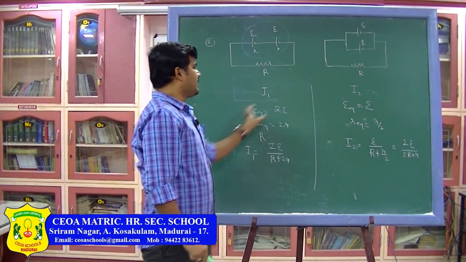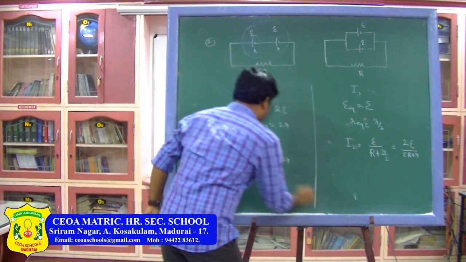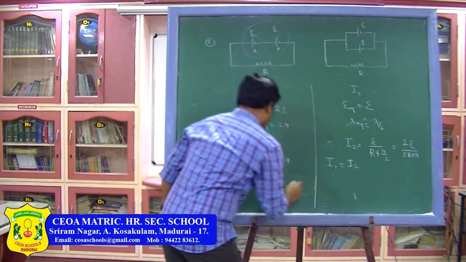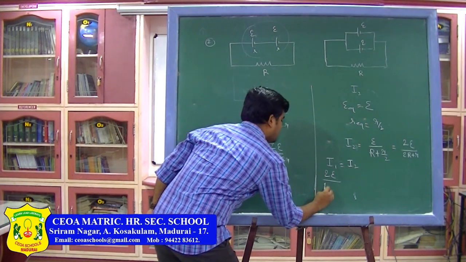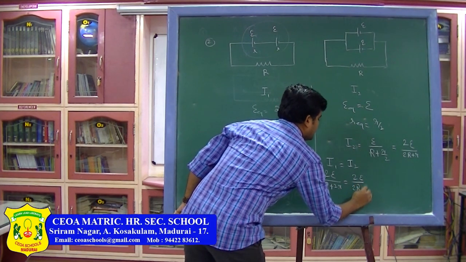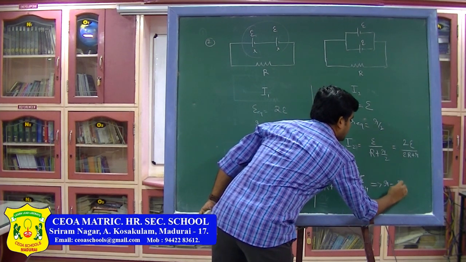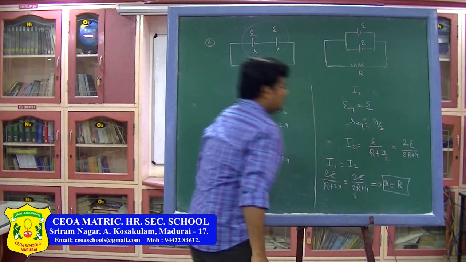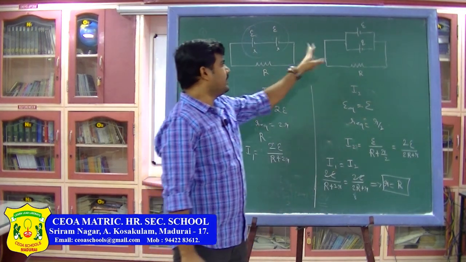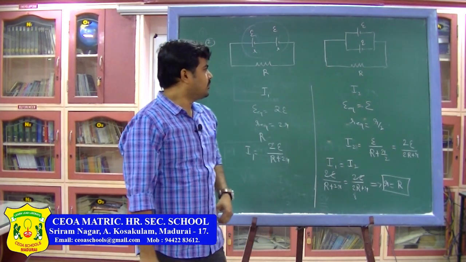Given both the currents are the same, now equating both you can find the value of small r, which is the remaining part. So, let us apply the given condition. Given I1 is equal to I2, which will be 2E divided by R plus 2r, is equal to 2E divided by 2 capital R plus small r. So, this will cancel. Solving this for small r, you will get small r is equal to capital R. So, this is the condition for having the same current in both the cases of series and parallel combination of two identical cells with one external resistor capital R. So, this is the problem.